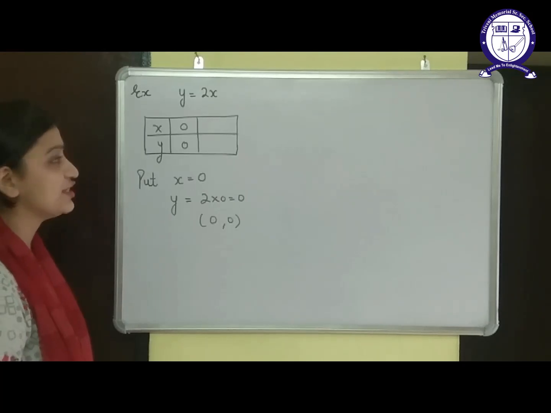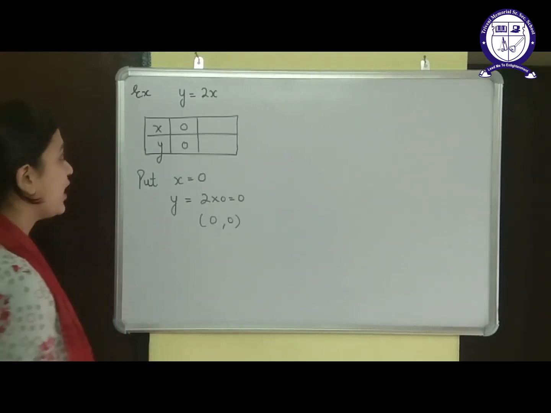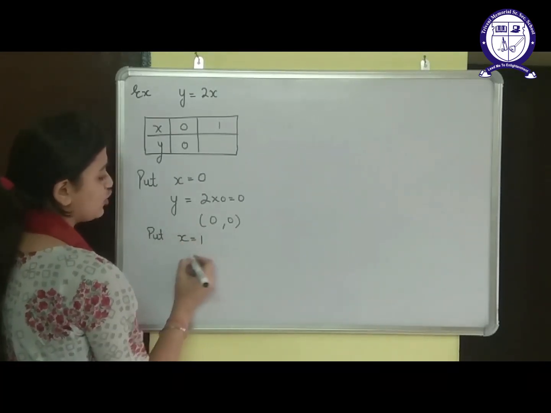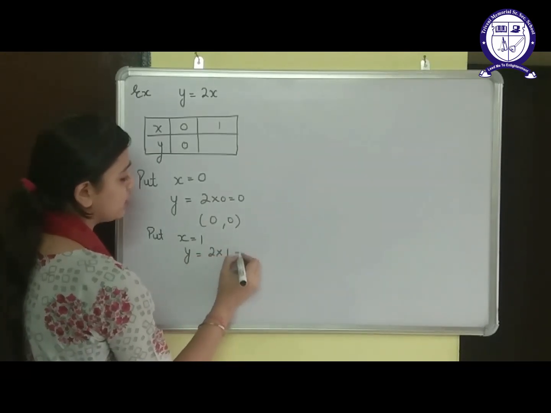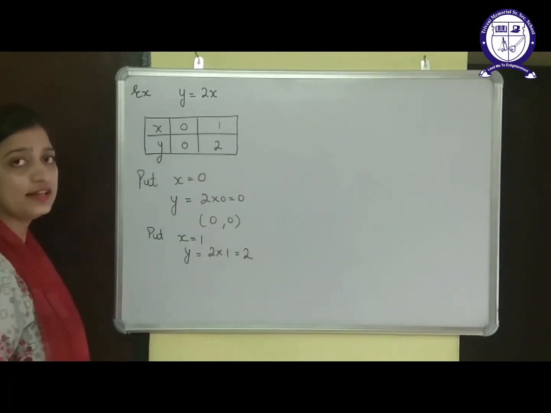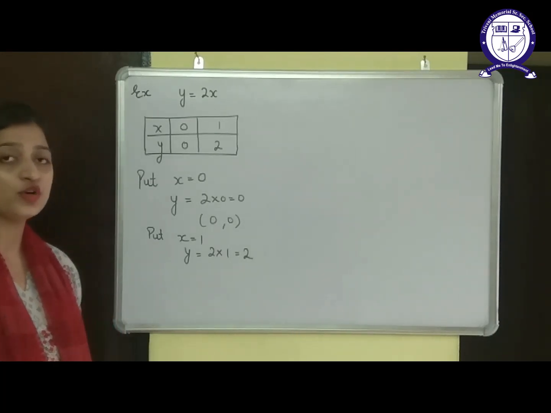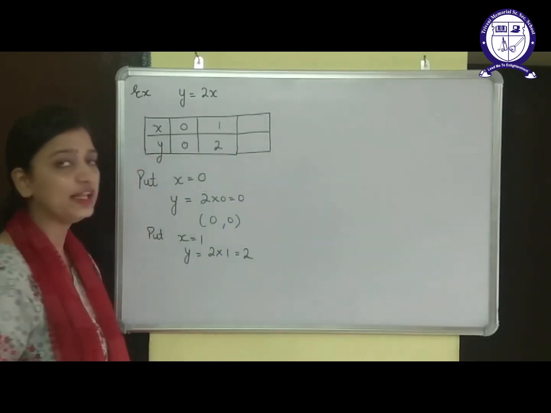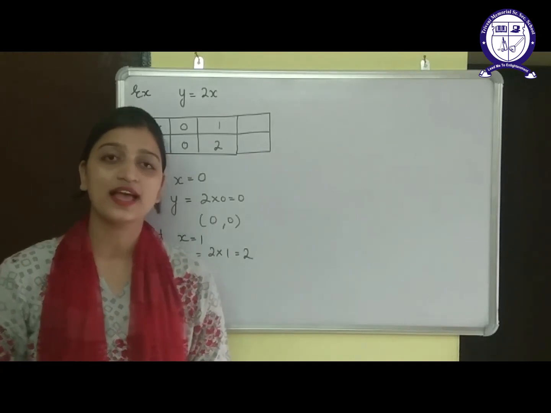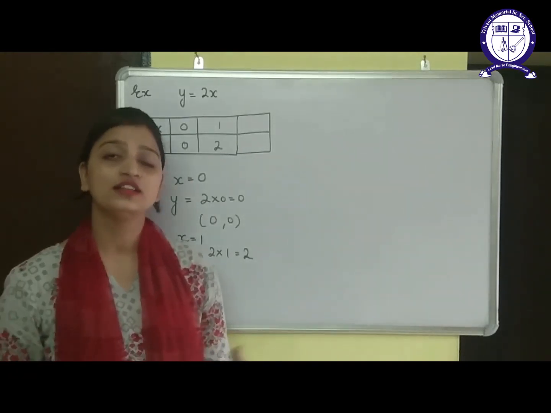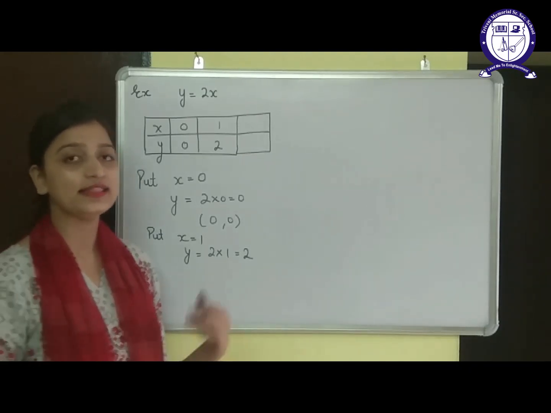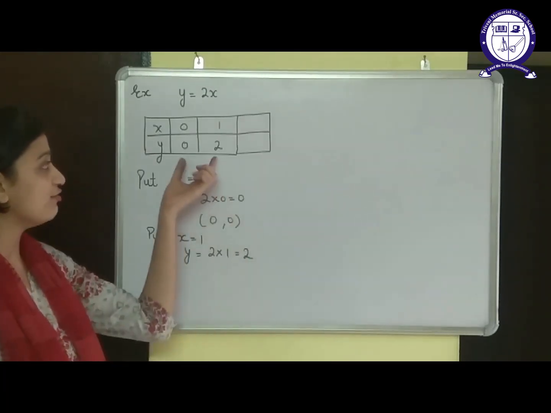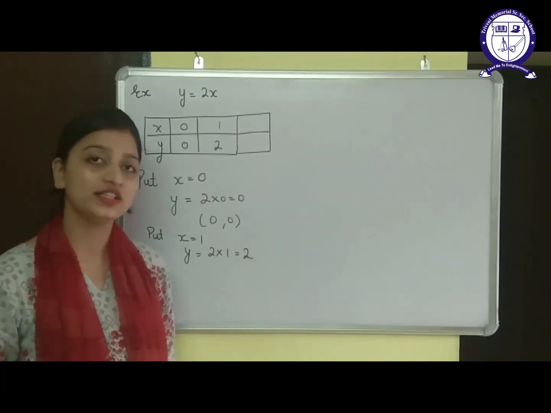So now in this question, I will have to take some other point. So I can take x equals to 1. So my y will be 2 into 1, 2. Now in this question, it's good if you put one more value and find one more solution. That's why while telling you about the process, or you can say steps, I said that you can find 2 solutions or 3 or 4 solutions. 2 solutions in the previous examples, and 3 or 4 solutions in this case, because the graph will look beautiful if you find 3 solutions.